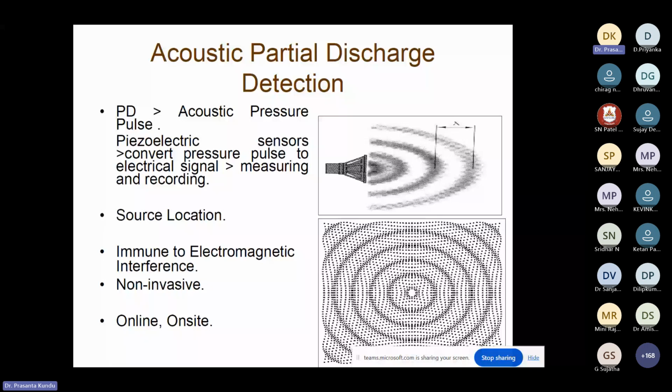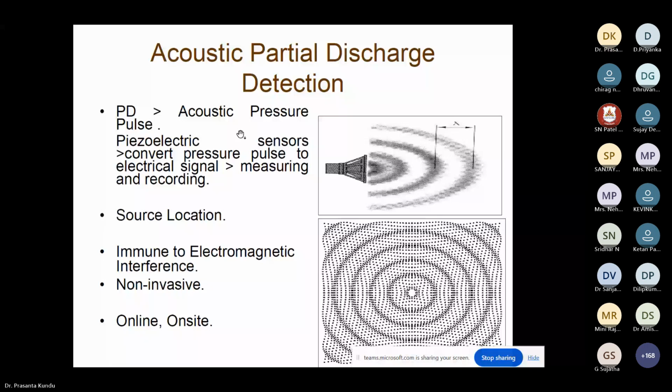One of the natural discharges we can visualize is lightning, thunder. That is associated with huge energy, so it has a lower frequency acoustic pulse, which is audible, in the sonic zone. But here the acoustic pressure wave is ultrasonic. It has a very high frequency, beyond the perception of our sonic zone, because its energy is very low, so it creates a higher frequency pressure wave.